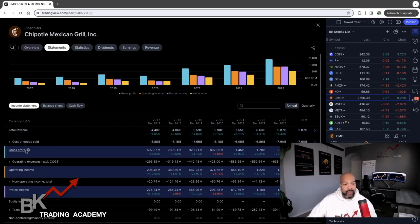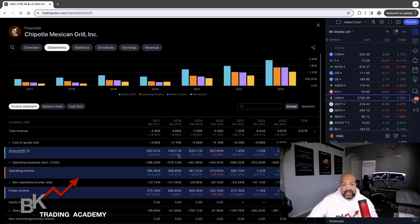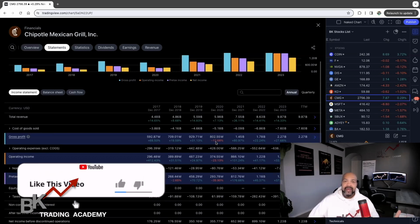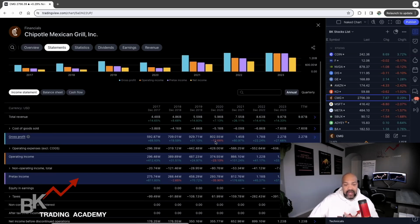Then we can see the gross profit. Again, click this question mark if you don't understand the definition, and everything is green. The only thing that is red, you want to pay attention to what's red and why. Now, this was in 2020, and the reason why a lot of companies were in the red at that point is because of the pandemic. And I don't know really what company wasn't in the red. Overall, they continue to grow. They recovered pretty nicely after 2020 with an 80% growth, and then 22% for the following year, and then 27%